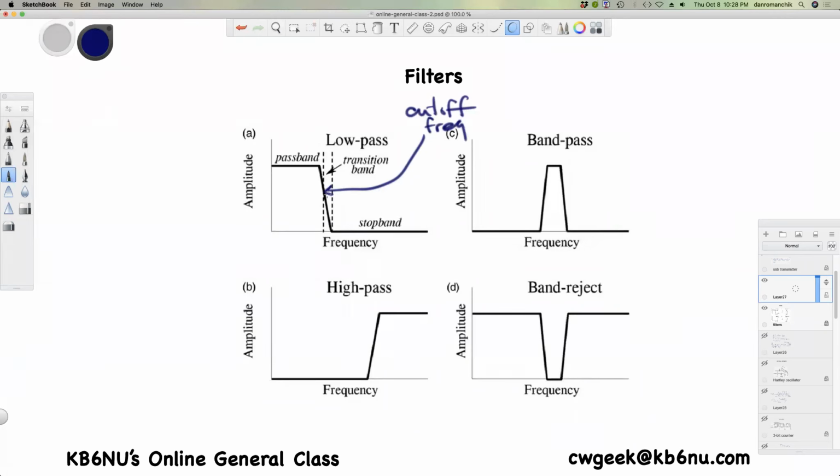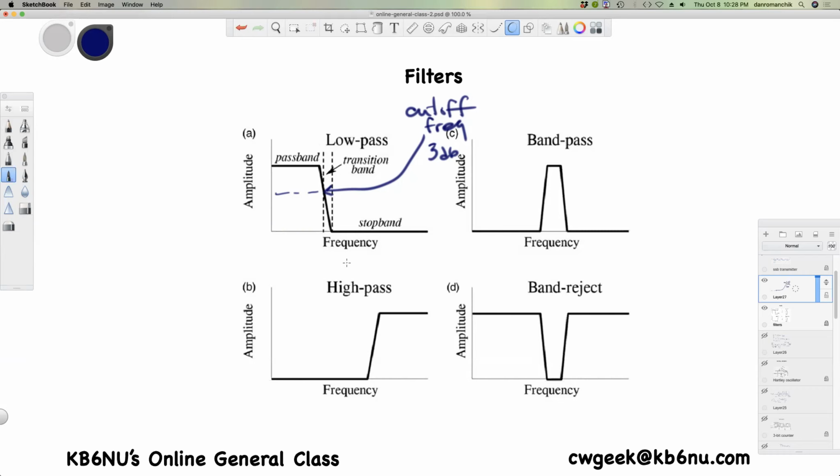And you see it's half the amplitude of the highest value. And in fact, what is that point? That's the 3 dB point, right? Because 3 dB is half the value, the power ratio of 2. So that's the way we talk about